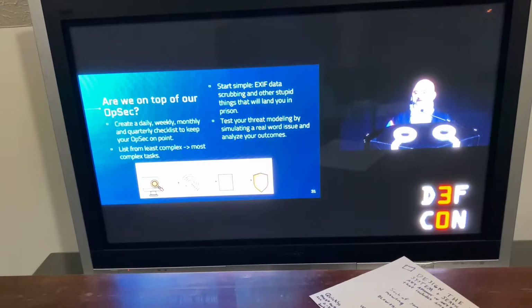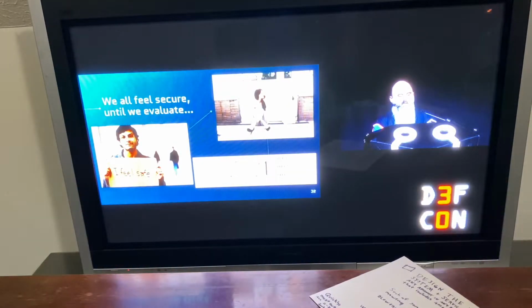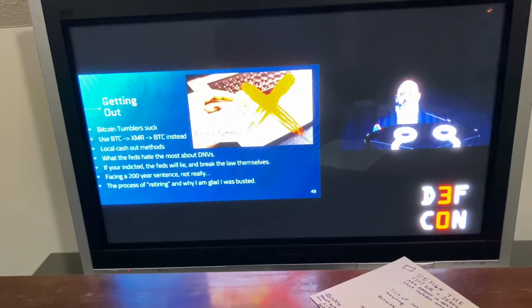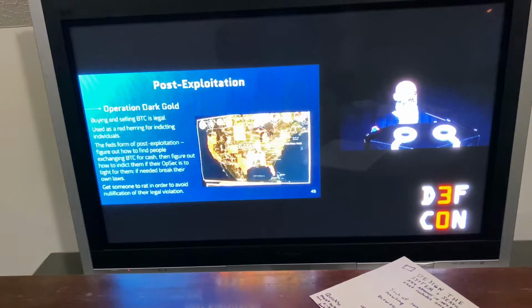I had weekly, daily, and monthly checklists, things that I would make sure that I was doing. Alternatively, also buying drugs. If I sold $20,000 worth of narcotics in 3 days, I could turn around and buy narcotics and sell them locally at a much steeper market. Names of people who were on the dark net. That's exactly what they did. That was how they said that they ended up catching me.